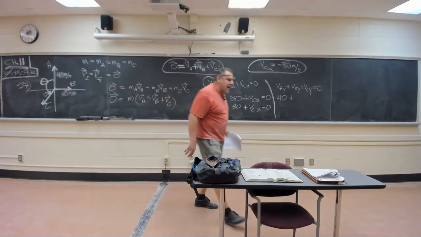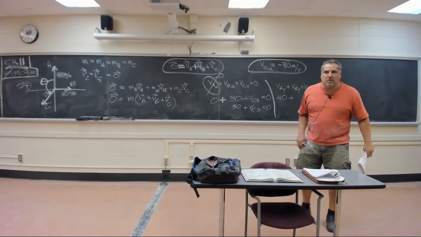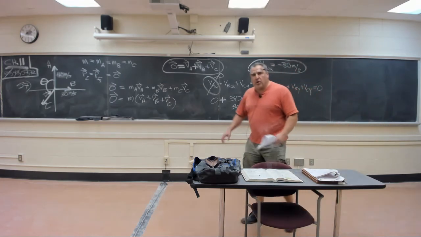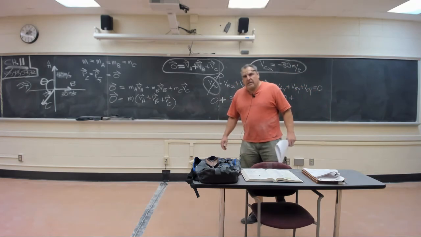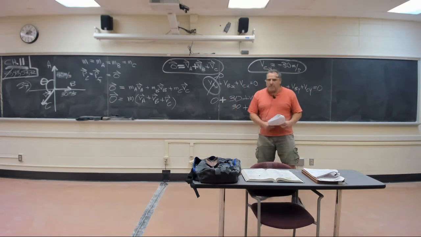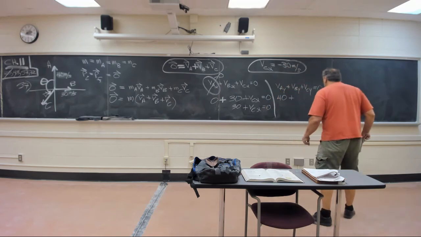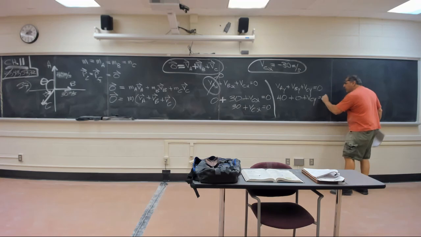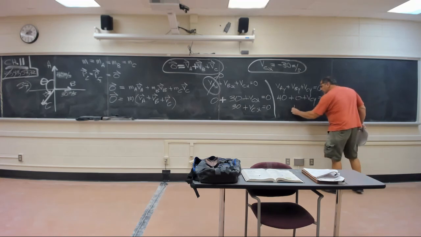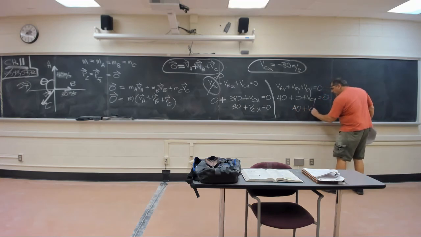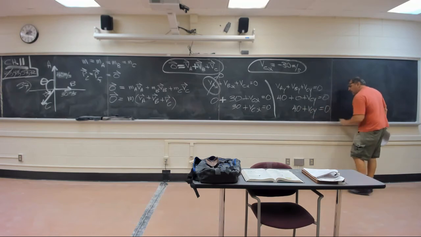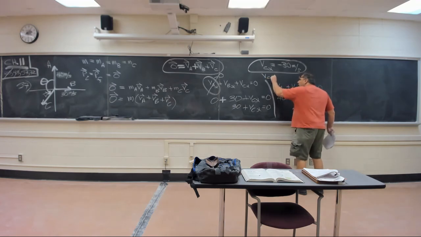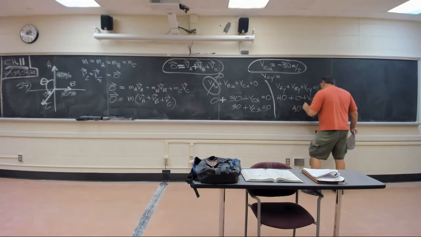One of them is all horizontal, the other is all vertical. The A vector is all vertical, no horizontal component. The B vector is all horizontal, no vertical component. I don't know what VCY is, but that's almost going to be trivial. 40 plus VCY equals 0. Add a negative 40 on each side. VCY